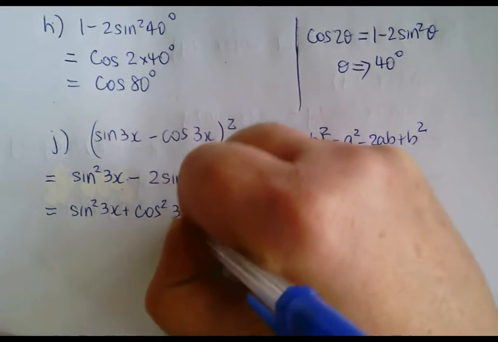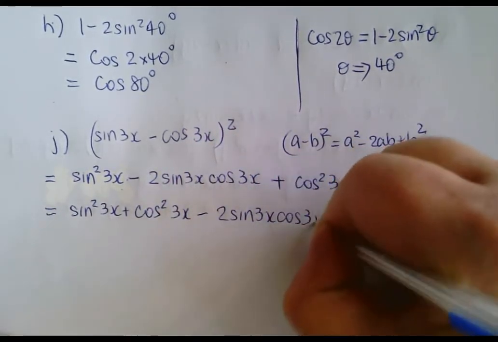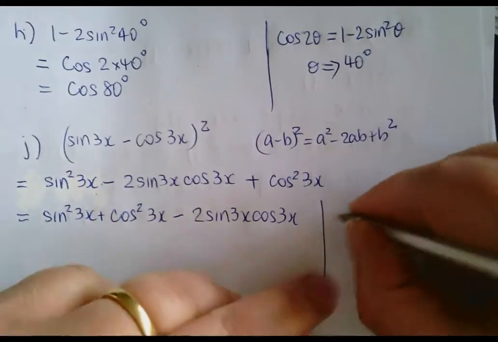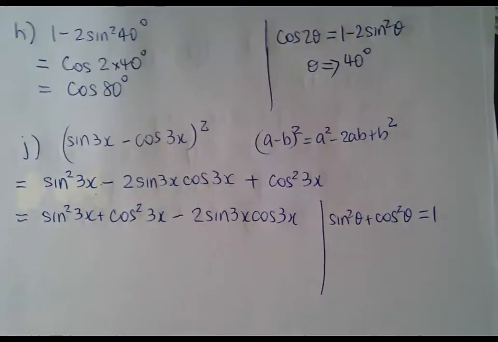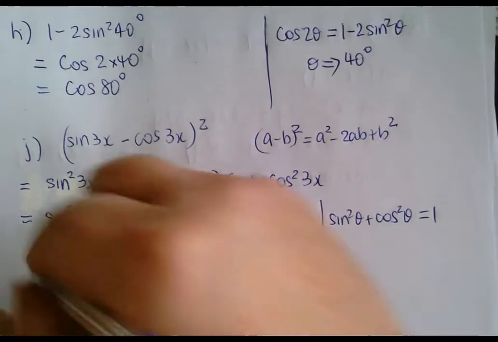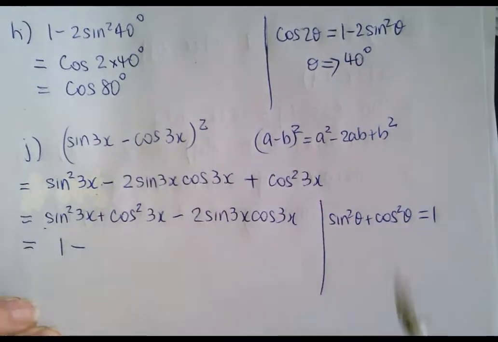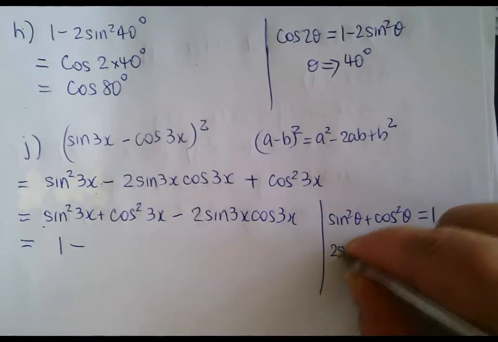What do they equal? Minus 2 sine 3x cos 3x. Now, I know it's 3x, but it's sine squared of this angle plus cos squared of this angle. It really is like the following result. Sine squared theta plus cos squared theta equals 1. So if sine squared of something plus cos squared of that same angle are added together, what do you get? 1. So all of that equals 1 minus 2 sine 3x cos 3x,